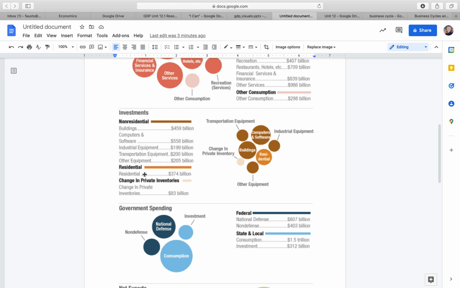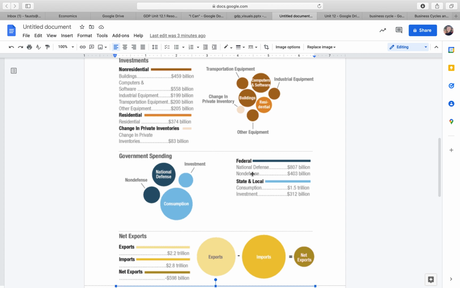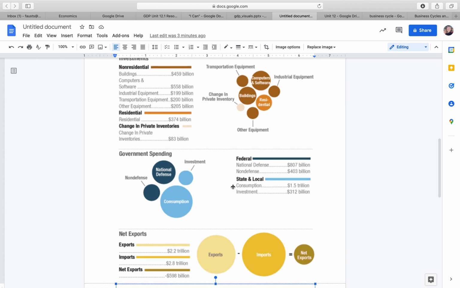in terms of a business investment type thing, and then inventory. We have to count the inventory. Just because it's not sold and it's sitting in a warehouse somewhere does not mean it was not produced. So we have to include inventory in that. And finally, the government spending: national defense, obviously all those other non-defense spending items, and state and local consumption and